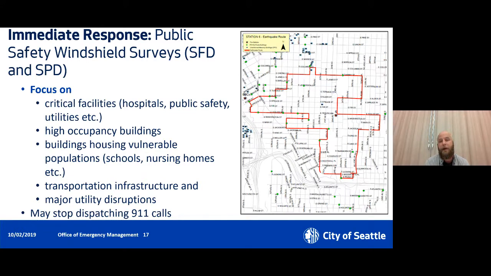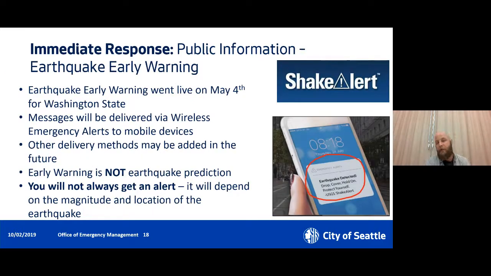And then the other thing to keep in mind is they may stop dispatching 911 calls. We talked about 911 being disrupted. It may just be there's an overflow of calls, or there's actually some infrastructure problem. But if they have to stop dispatching 911 calls, this is really what they're going to use, kind of at the station level and at the battalion level. What are they seeing out there? What are they hearing from police department and other city resources of what they're seeing out there? And then based on what they know is happening out there, move their resources to where they can save the greatest number of lives.